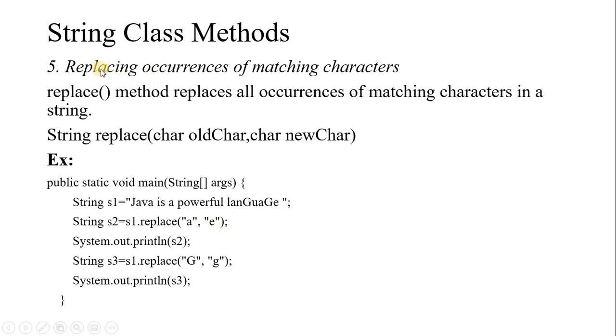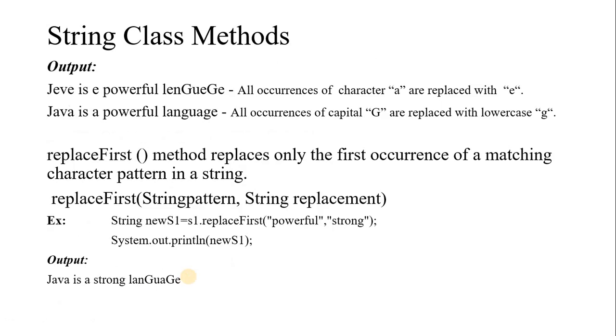The next is that we can also replace characters. With replace, you give the old character and the new character you want. For example, you have a string here, and in this string we can replace all A with E. This is the old character and this is the new character, so all the A will be replaced with E. In such a way we can replace different values. Another example with the same S1 value: replaced with capital G and small g, so where there is a capital G, it becomes a small g. In such a way we can replace the value. Also, it's not only for characters, we can also change the words.